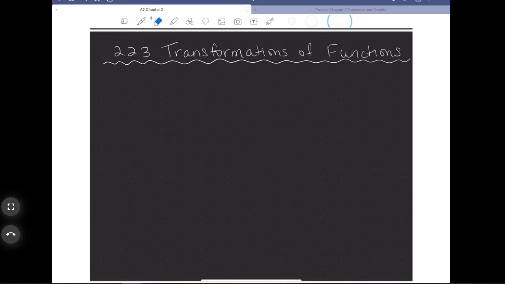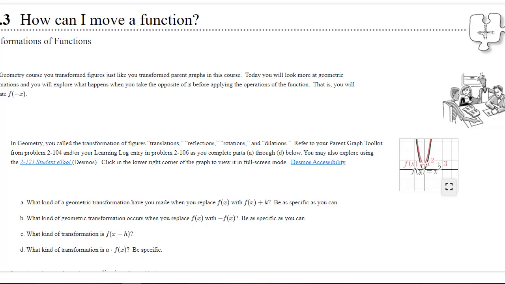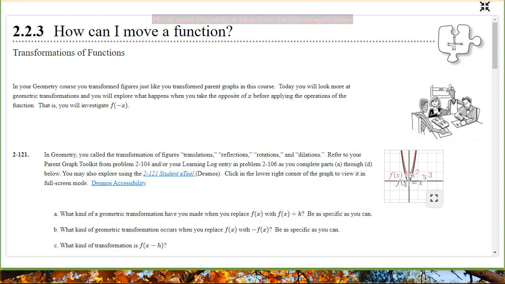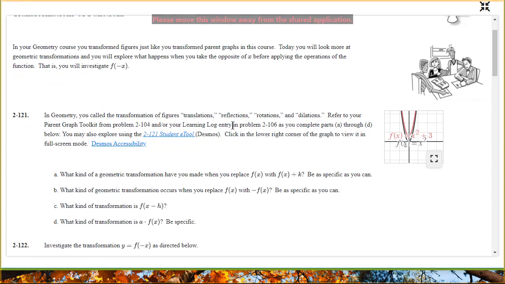All right, so we're going to continue our discussion of transformation of some functions. So we are on section 2.2.3 of our CPM textbook. So we've been talking about moving our functions, and